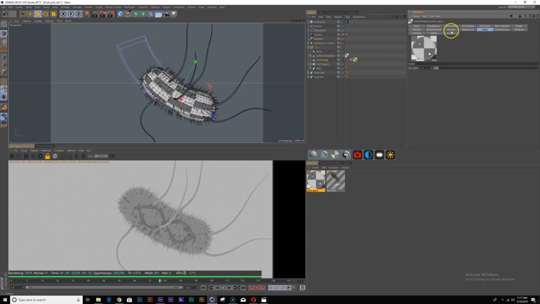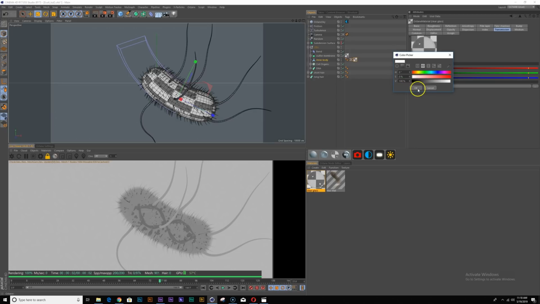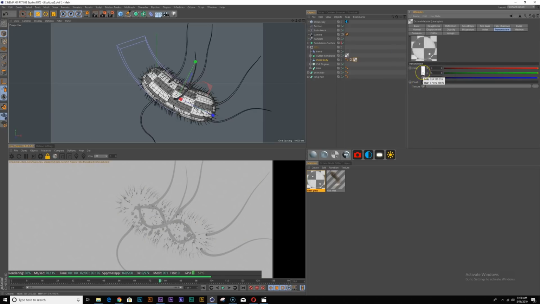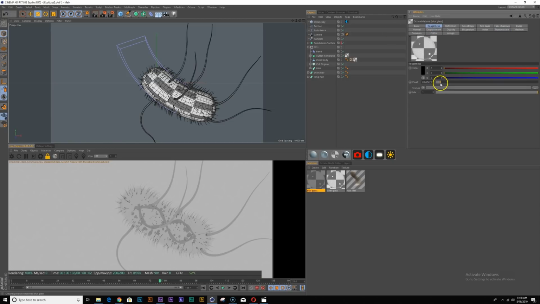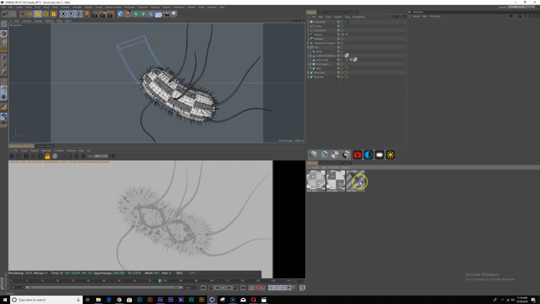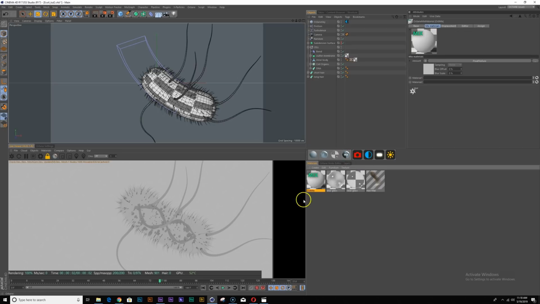And let's go in here and start playing with some of the settings. So first thing I want to do is check fake shadows, and let's turn the transmission all the way up. Okay, something like that, and I think we're good for now. So I'm going to duplicate this material. I'm going to call this my blur glass, and it's pretty much the exact same thing, but just add a little roughness with this.